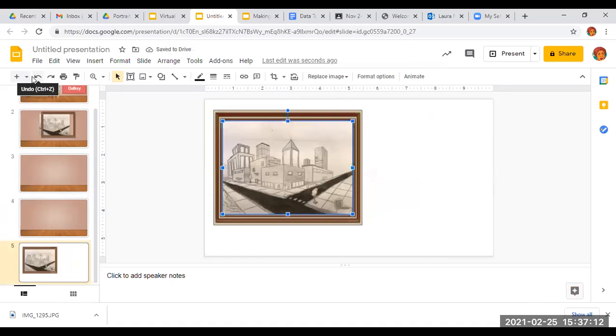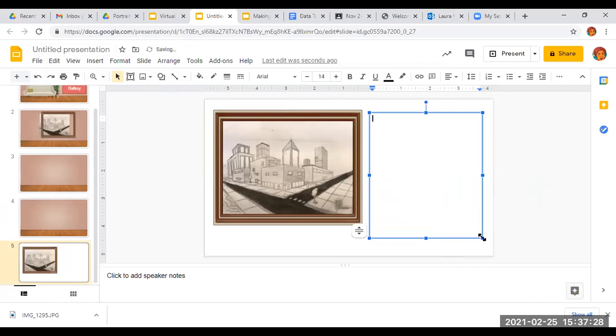Okay. And then you want to make a text box. Shoot. Why won't it let me make a text box? Make a text box where it says artist. No, it doesn't have to say artist because this is your gallery. Title, size,